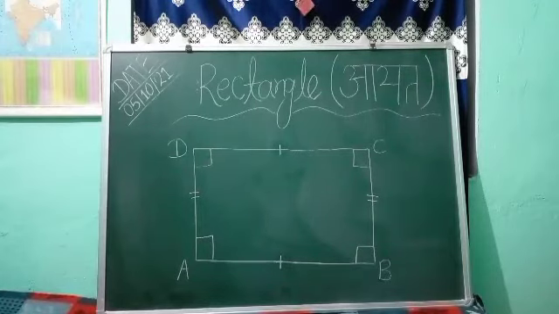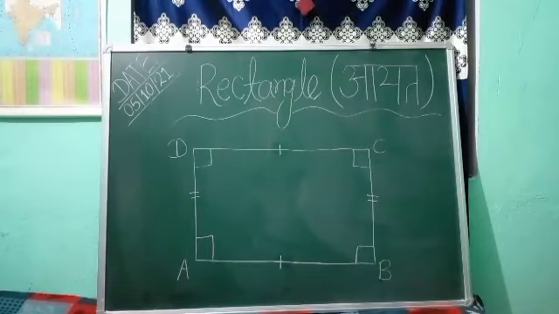Diagonal of a rectangle. A rectangle has two diagonals that bisect each other. Both the diagonals are equal in length. Length of diagonals. The rectangle is a symmetrical shape and has both the diagonals equal in length. A diagonal will divide the rectangle into two right angle triangles.